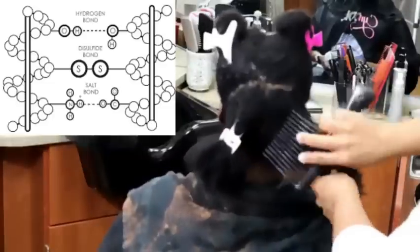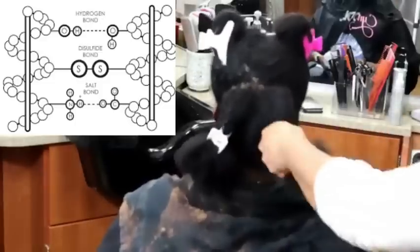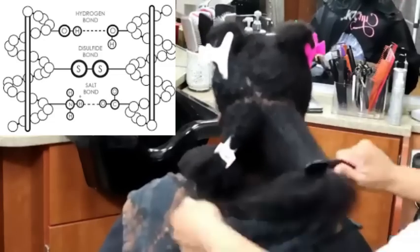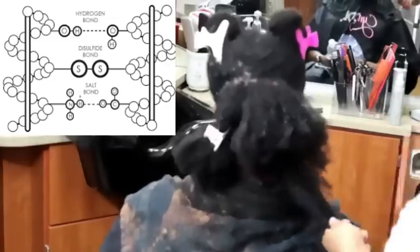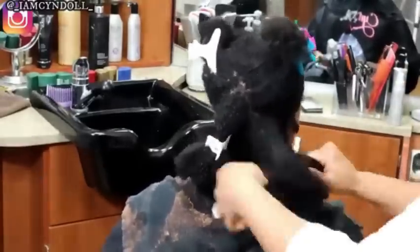Your hair is a polypeptide chain made of 3 bonds, and whenever you add water, you break this bond. You can also break this bond by highly acidic products, which are most of your homemade products and most of your Team Natural products, right? But here, what I am doing is spraying nothing but leave-in conditioner on her clean hair, detangling one last time,